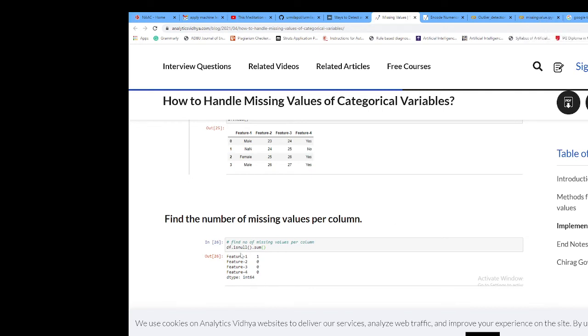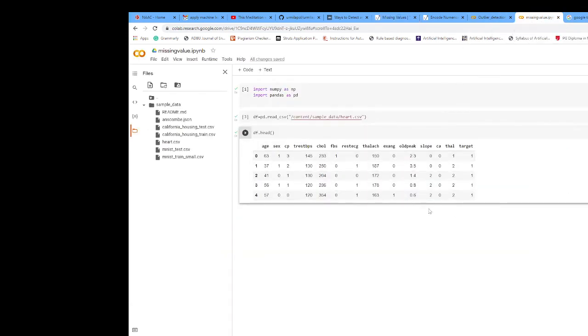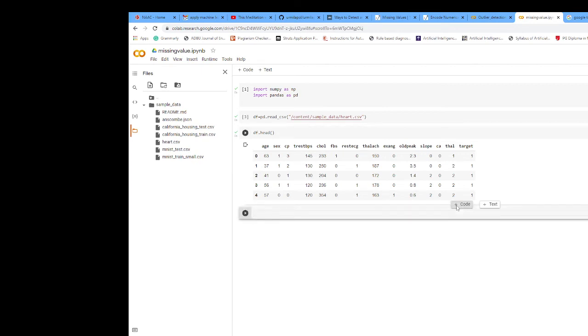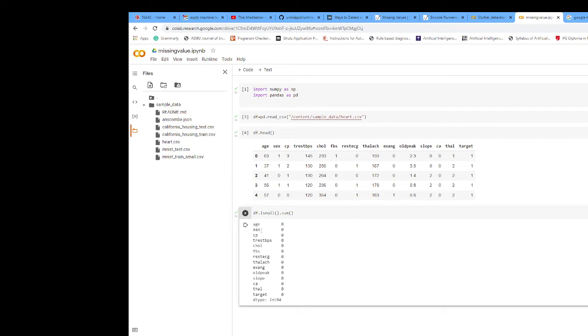How to display that? df dot isnull dot sum. It displays the missing values of every column, but here there are no missing values, therefore it shows 0.